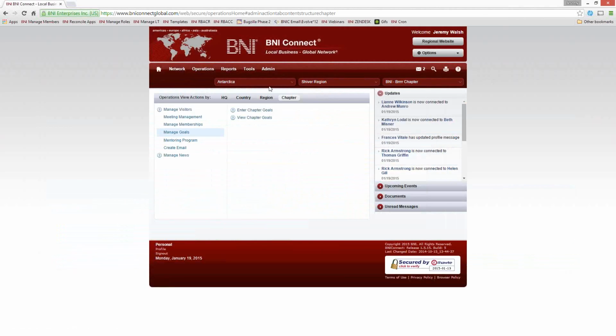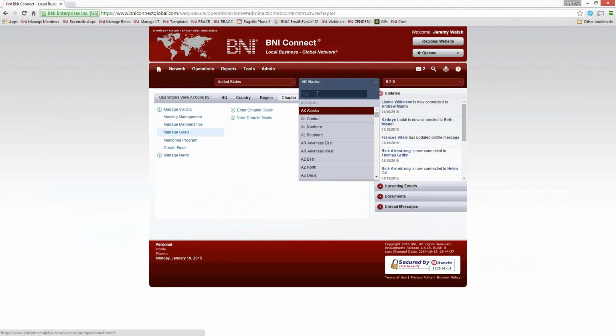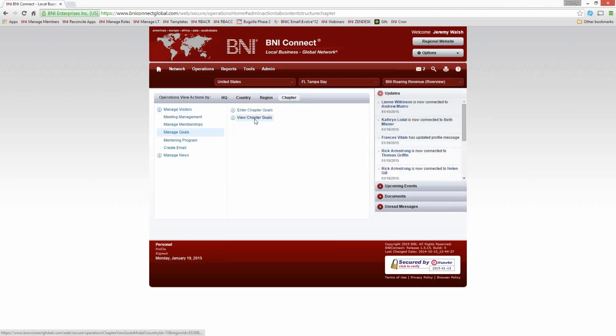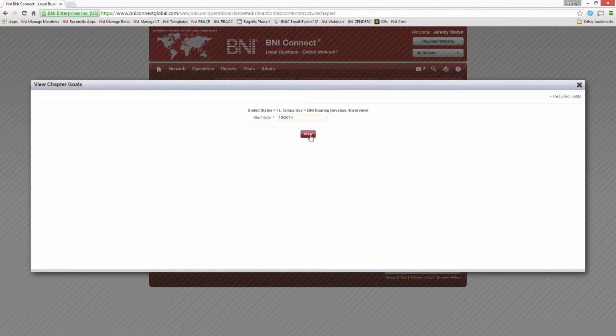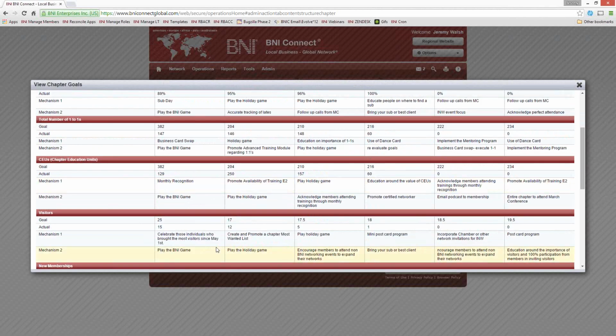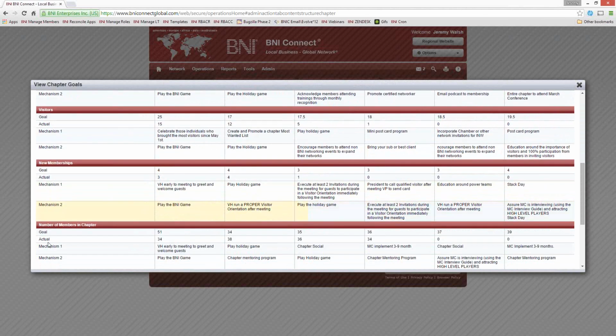Now, just so you have an idea, I'm going to show you a live chapter here in the system. I'm going to pick a random one in a region that I know is using this for every chapter in their region. And what we should be able to see here is some actual results and some actual mechanisms.